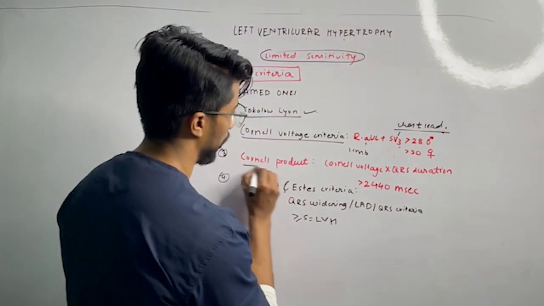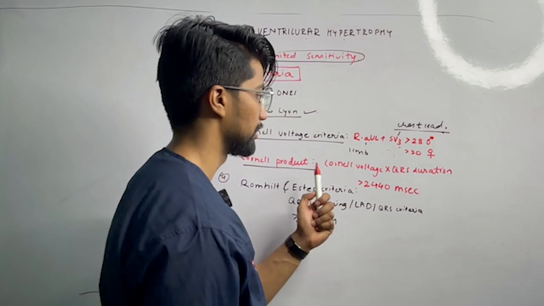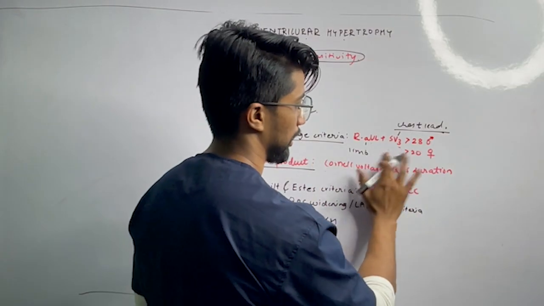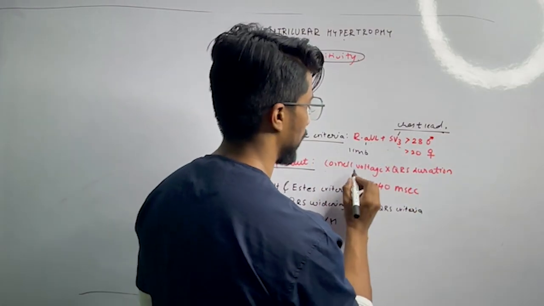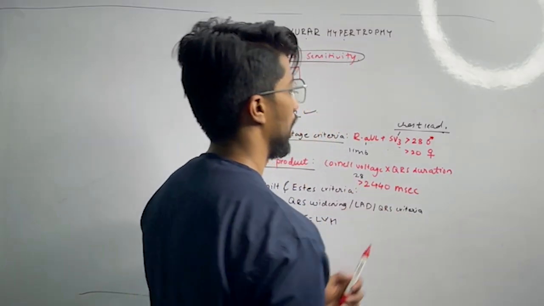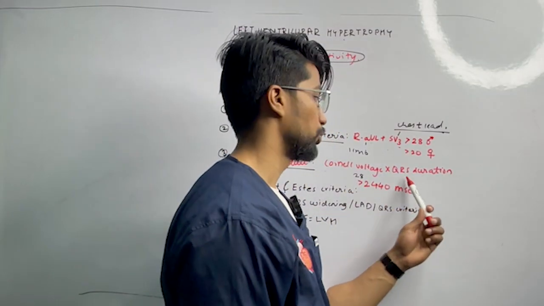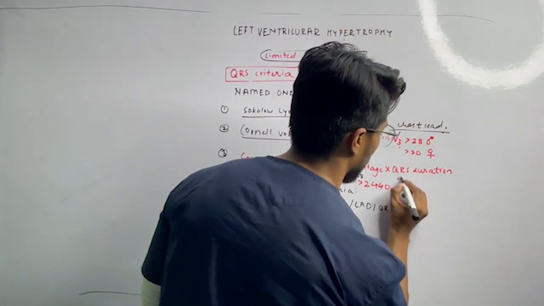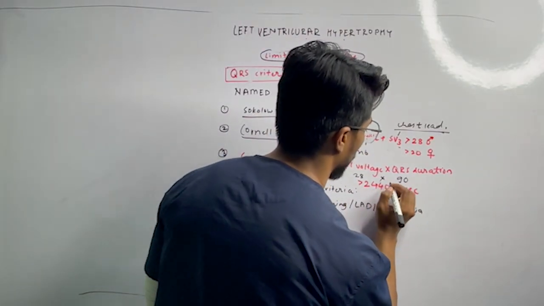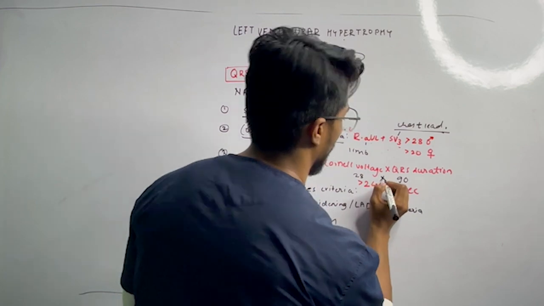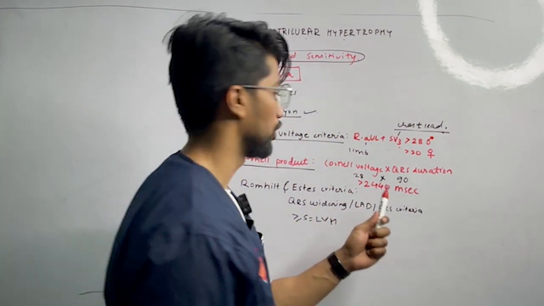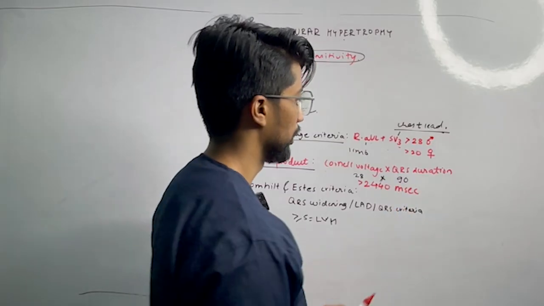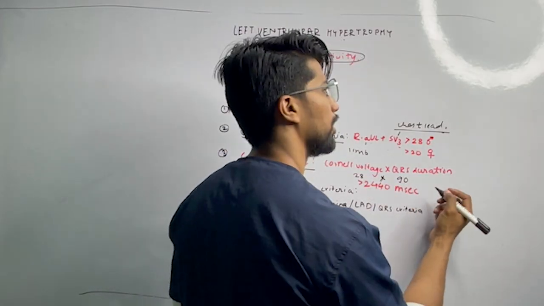So next is Cornell product. Cornell product is simply whatever Cornell voltage criteria we've added. For example, let's take an example where we got a value of 28, and you have to measure the QRS duration. Let's take the maximum QRS duration, for example 90. So just multiply these two, and if the product is going to be more than 2440, for example in this case it's going to be 28 into 9,